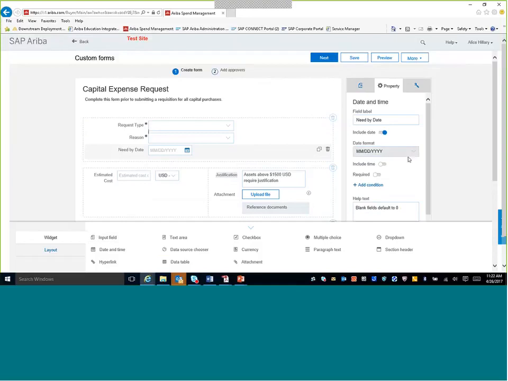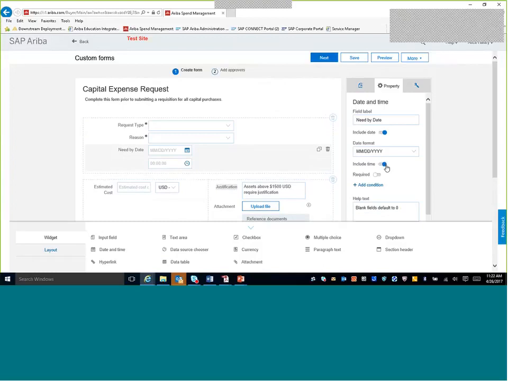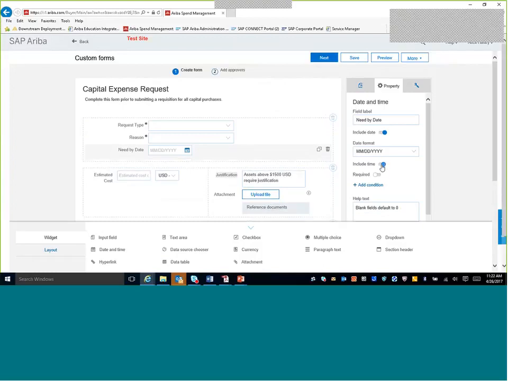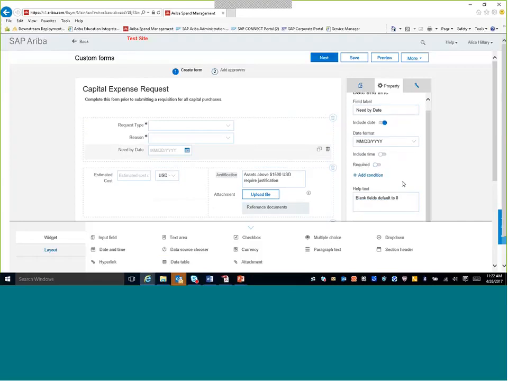You can include or not include the time if you need a time stamp in there, and whether or not it's required. I'm saying it's not required here, but it's information that I would like provided. The help text is basically saying if it's left blank, the value is 0. So when I export this, if the user leaves this blank,